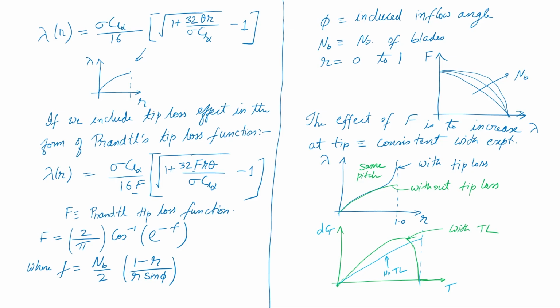Okay. So, you can see this actually is sort of an artificial correction to my inflow to make it look like the way you observe in experiments. So, you are trying to mimic experiments, and this works very well. It is again a model, but it works quite well and it gives you a reasonable estimate of your thrust, power, everything, which agrees fairly well with your experimental results.